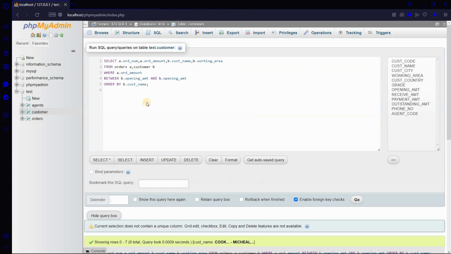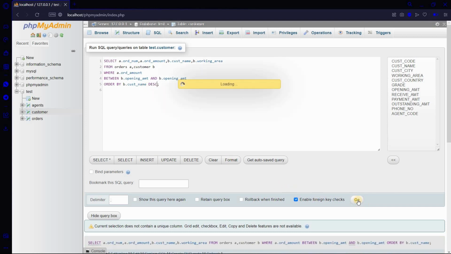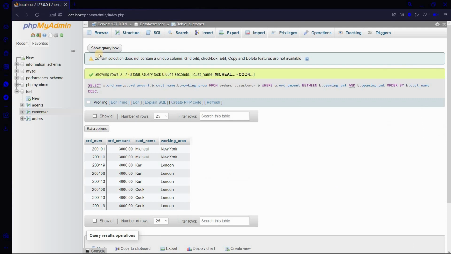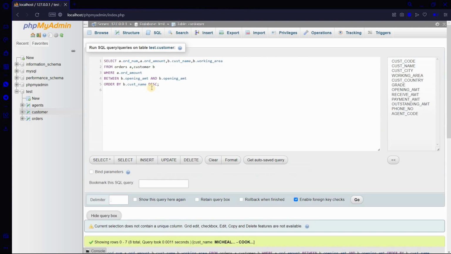We can reverse this by using the descending keyword, which is DESC. When we do not mention any specific order, the default order is ascending, which can also be written as ASC. When performing inner join, we will see that the output is the same as using join. But in the backend, although they show the same results, there is a difference. We have completed our inner joins.